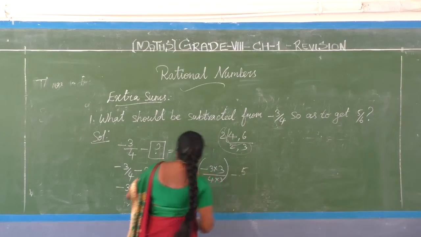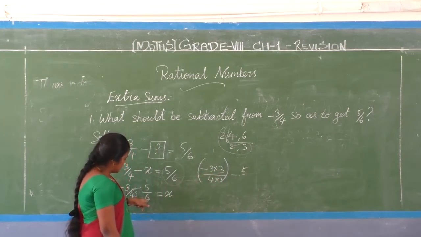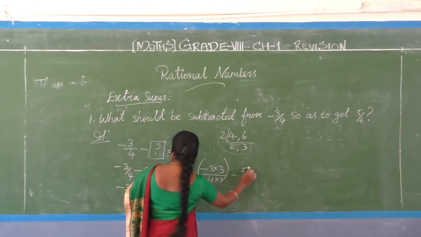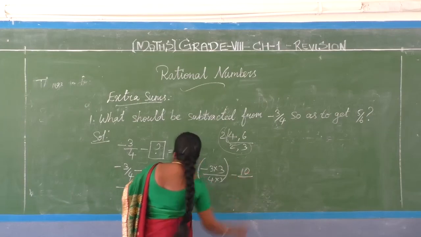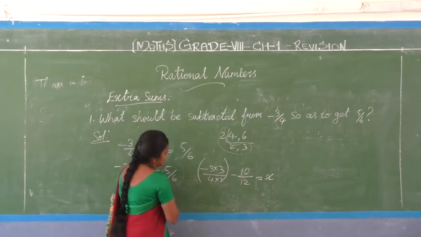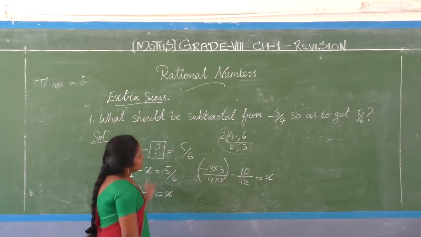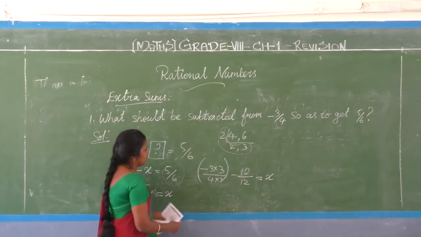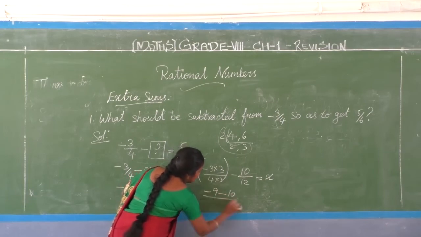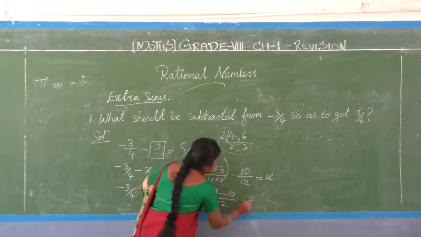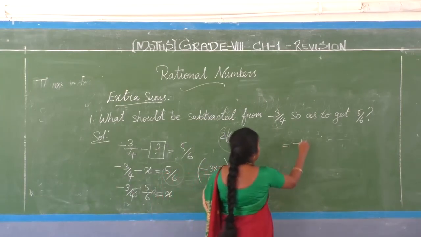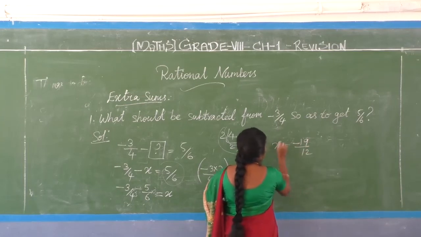Minus 5 by, the LCM 12 we need here. Here it is 6, so the common factor is 2 by 2. So multiply by that, and here comes 10: 5 twos are 10, 6 twos are 12, is equal to x. Now the difference between like ratios. Here we have converted unlike ratios into like ratios using the LCM. Clear? Now what is coming in the numerator place? Minus 9 minus 10 by the common denominator 12. Two negative rational numbers added, what comes? Minus 9 minus 10 becomes minus 19 by 12. This is our required x value.